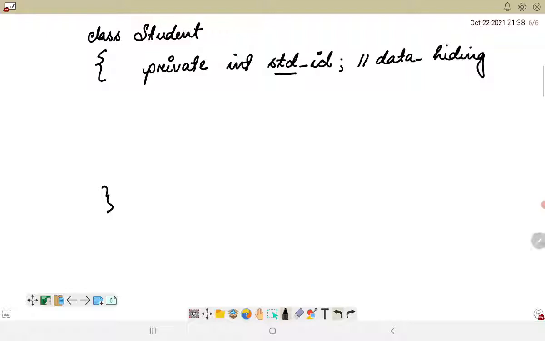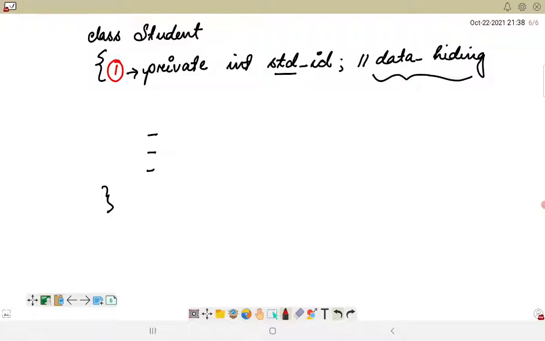So if I'm having certain methods here, only these methods will be able to access this instance variable. Otherwise the other methods which are out of this class will not be able to do it. So this is what is known as data hiding. Now as already mentioned, this is the first step, which said that I have to declare the variables or data as private.